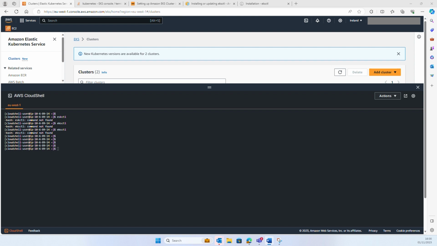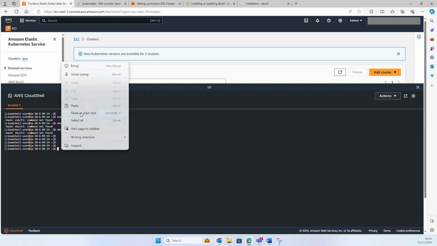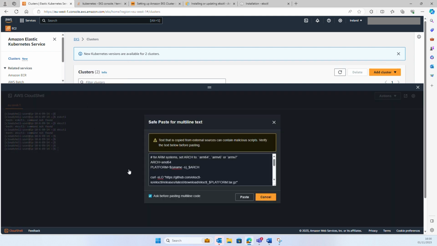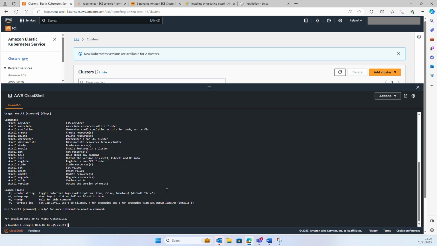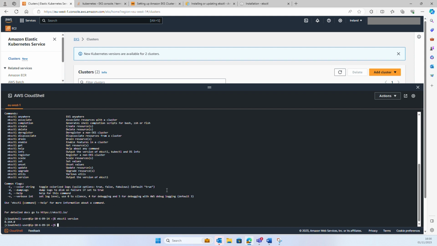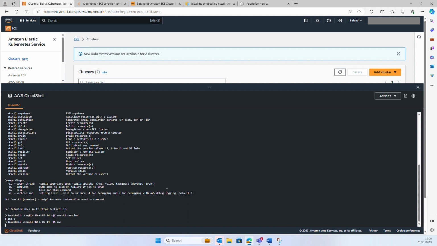But we need to install eksctl, or EKS Cuttle, or whatever we want to call it. It's included in the blog post, so just copy and paste. Make sure that we move it to local/bin, just to make it persistent across reboots of Cloud Shell. So here we can see the eksctl version